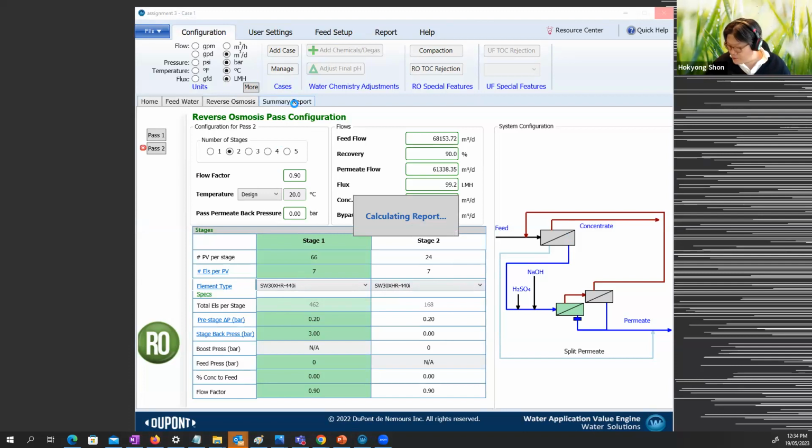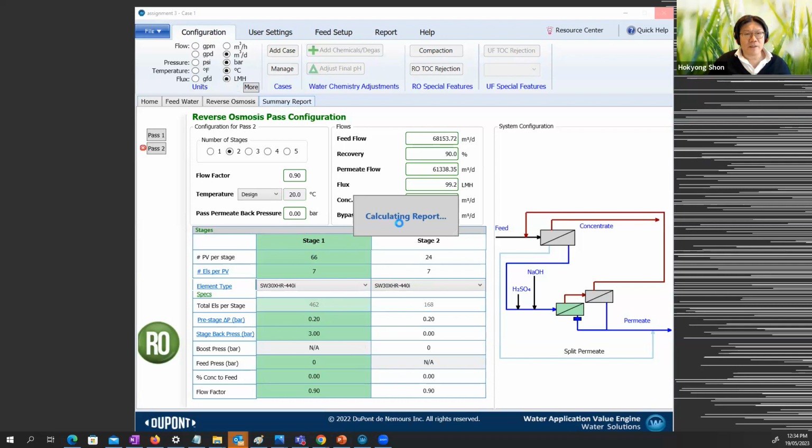He has stage 2, 24. And then his initial flow rate was, let's say, 224,000. And then permeate, he would like to have 90,000 cubic meter per day. So which means